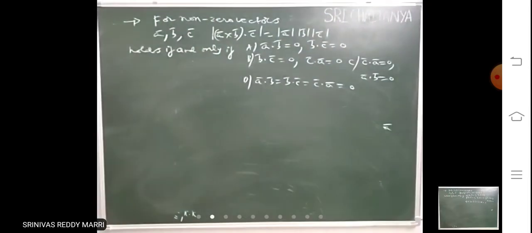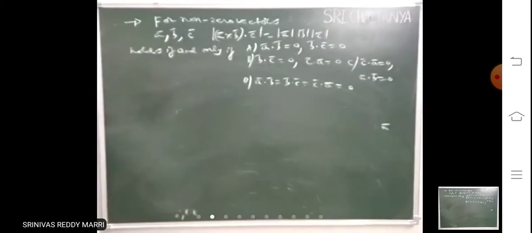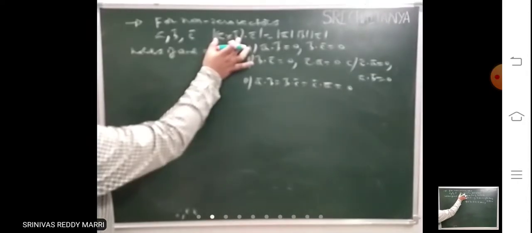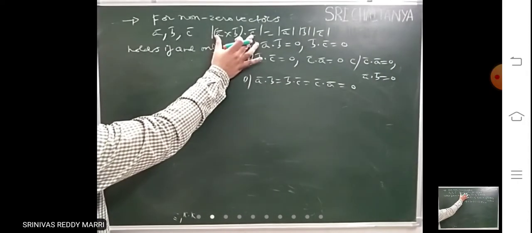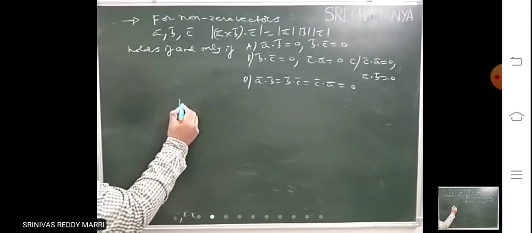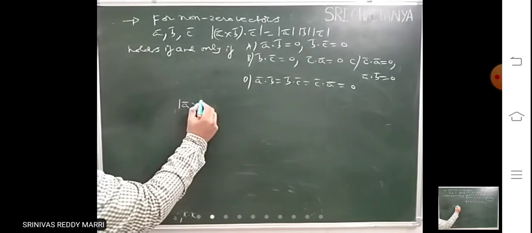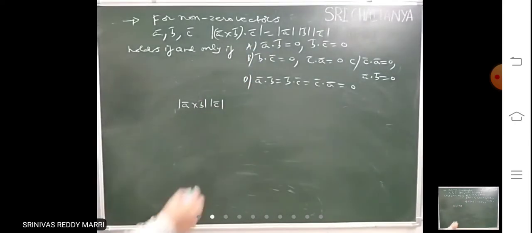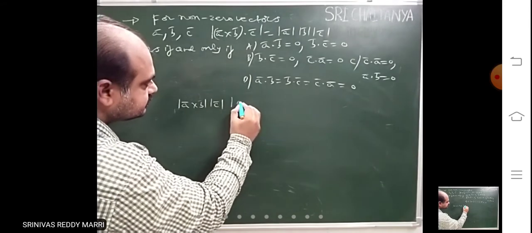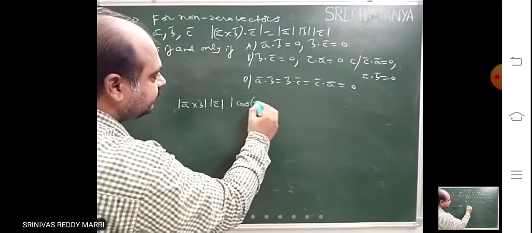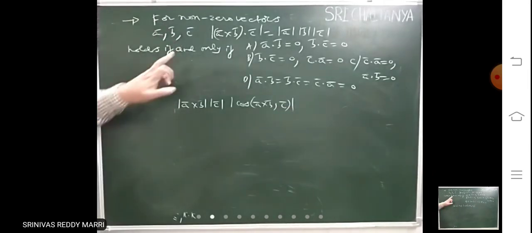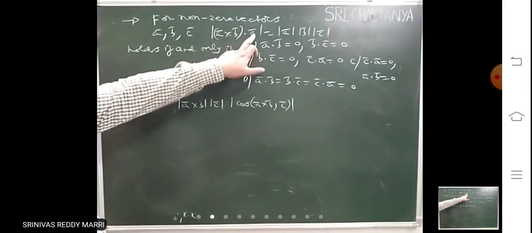Suppose he is asking a question like this: the modulus of this vector is equal to that. Now, this is U bar dot C bar. Write the dot product definition. That is nothing but modulus of A bar cross B bar into modulus C bar into cos of the angle between them. This is the definition of the dot product I have written.